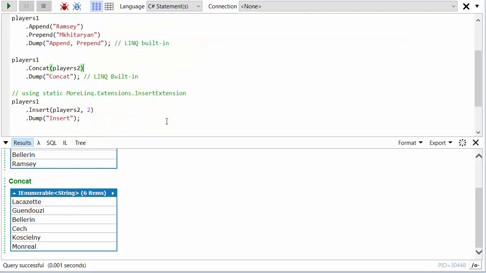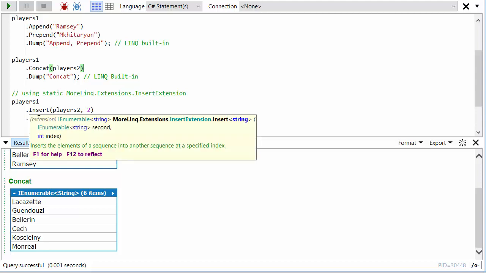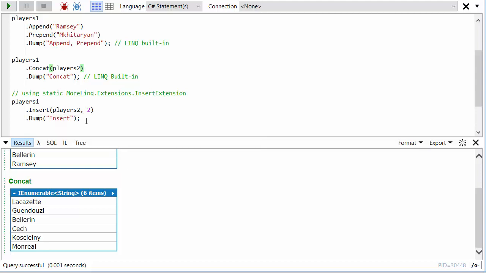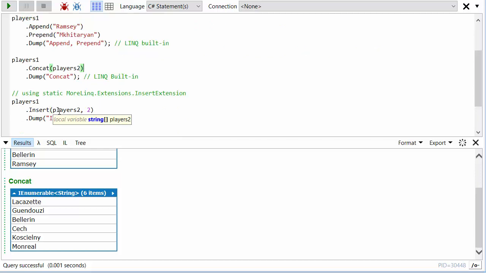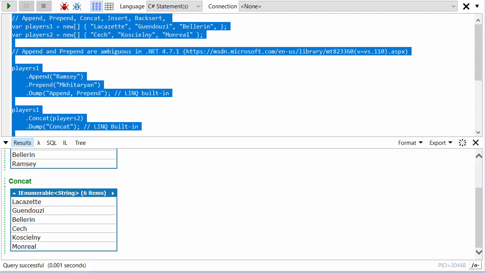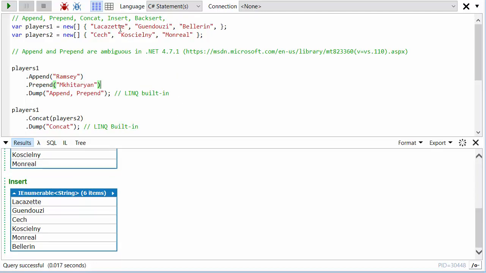But MoreLINQ takes us a little bit further. It's got a method called insert that allows us to insert an element at a particular index, or in fact insert another sequence. So I'm going to insert players2, these players, but I'm not going to put it at the beginning or end. I'm going to put it at index 2. So if I run this and we look at the output of insert, we see, let's just look at these players, Lacazette, Guendouzi, and then here at position 2 we insert this second sequence, Cech, Koscielny, Monreal,